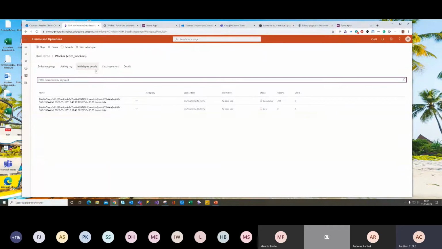Is it the finance operation, your own master data of worker, and you want to sync the worker data of finance operation to CDS with finance operation as the main master data? Or you can already do it in this other sense between CDS and dual write. So when you do this initial sync, it will ask you what the direction of the sync is.